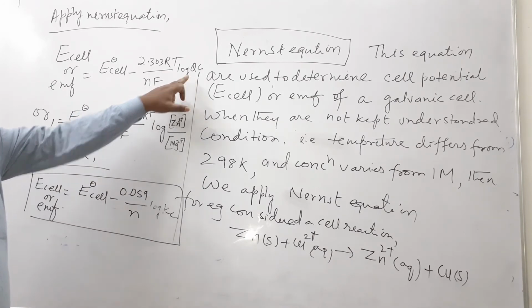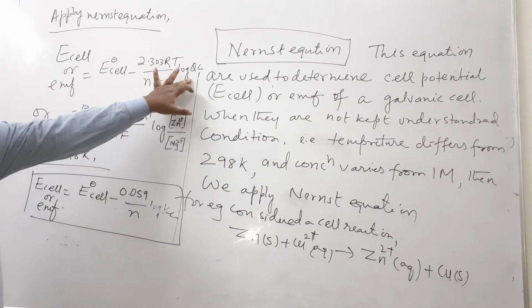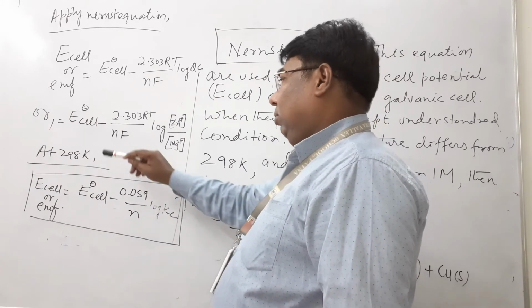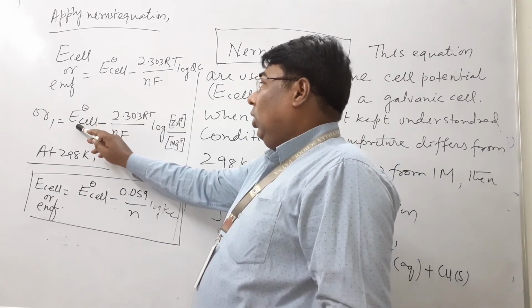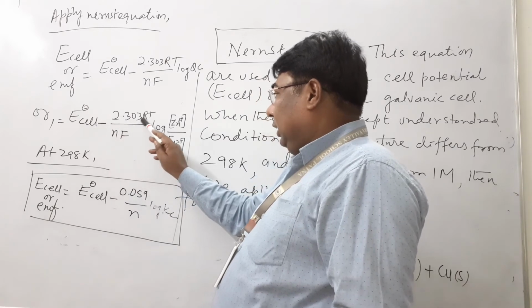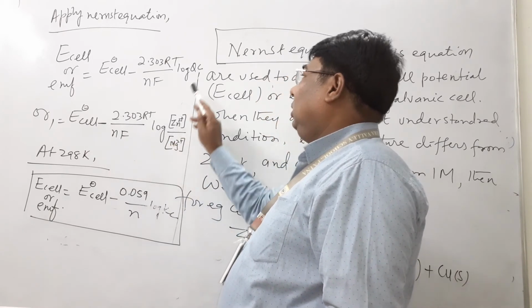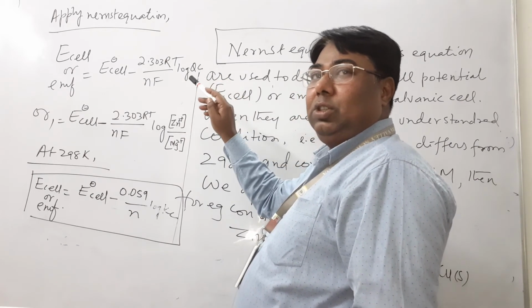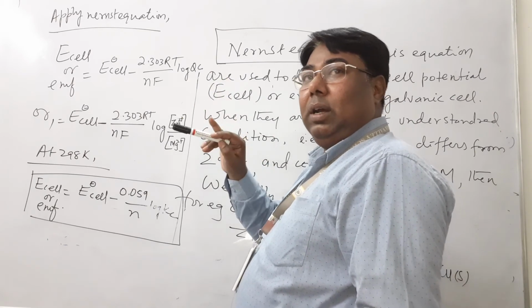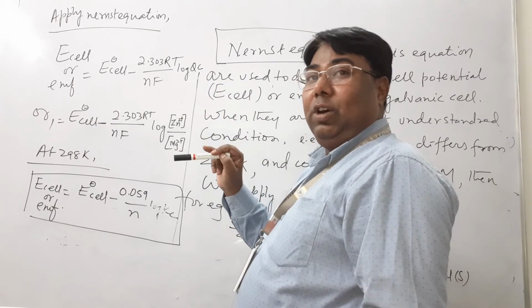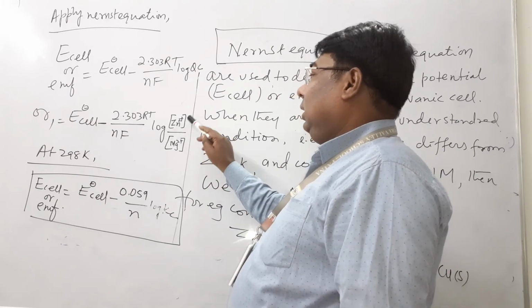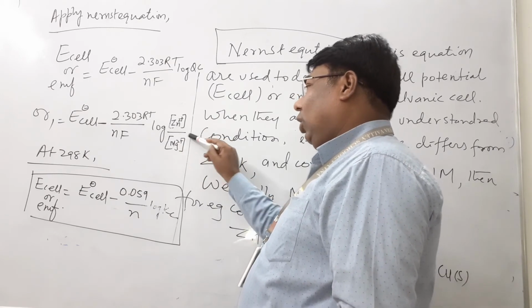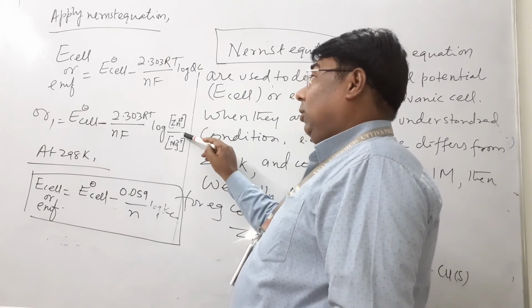The reaction quotient, all of you know and understand. Qc. It is also written as E naught cell minus 2.303 RT by nF log Qc. Qc is the ratio of concentrations of product in terms of power to the concentrations of reactant in terms of power. That means concentration of product in terms of power divided by concentration of reactant in terms of power.